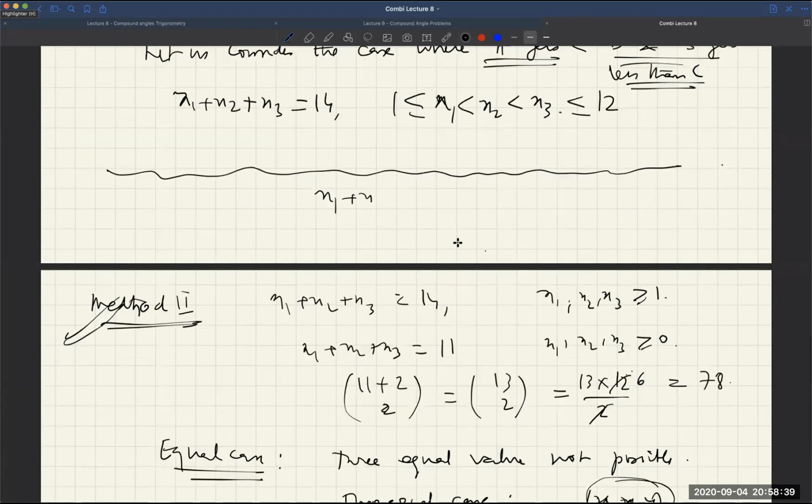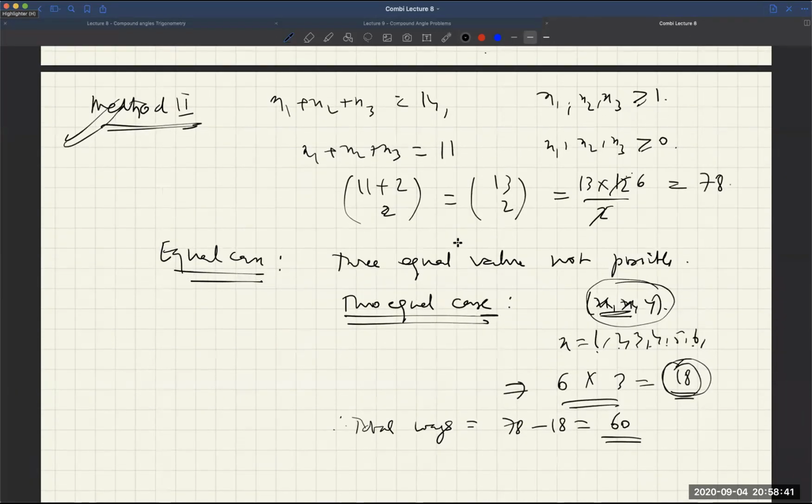Sir, yeah. Now let's, bolo na. Sir, we can do it by choosing three different distinct digits such that their sum is equal to 11. And we will choose them and then we can permute them. Yeah, but then how do you choose them such that they are distinct? So we can start with 0. So 0, 1, 10, then 0 to 9, and like that there are 5 cases. And then you get a pattern basically.